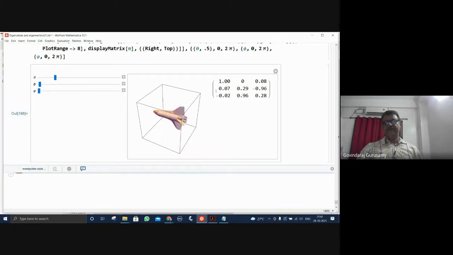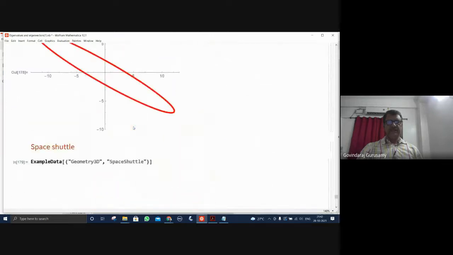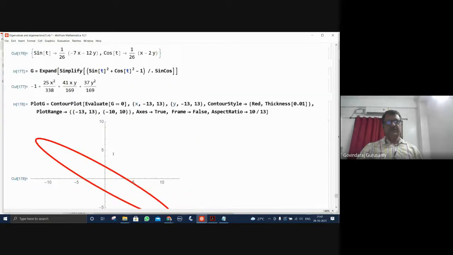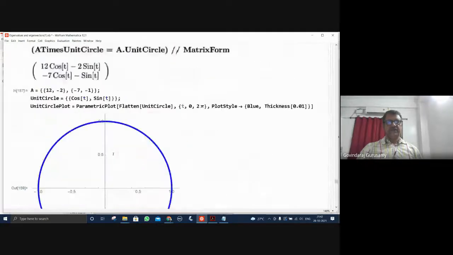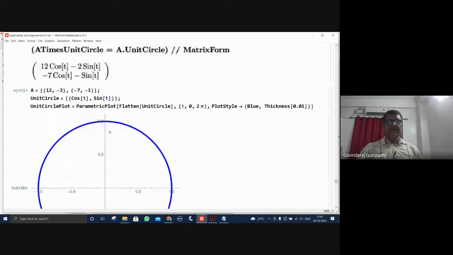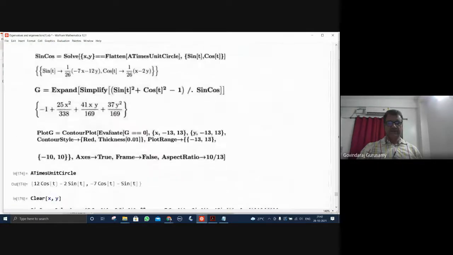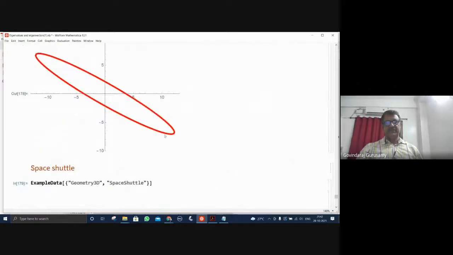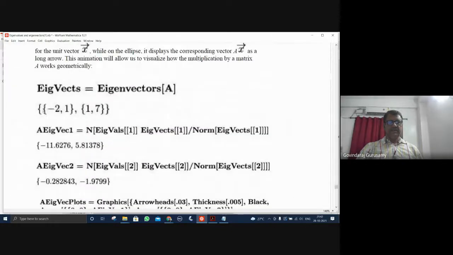All this is just by matrix multiplication that is being done. It is being demonstrated here. Through this, we have the eigenvalue and eigenfunction also used here to solve a certain geometrical problem, which is a circle connecting to the elliptic motions. The geometry of the ellipse using the eigenvalues and eigenvectors, with a simple circle of cos theta and sin theta. This is easy for you to go through in the program and understand, and all the equations required for the ellipse can also be derived here. This is the ellipse generated through the so-called matrix (-2, 1; 1, 7). That is what the manipulation has been done.